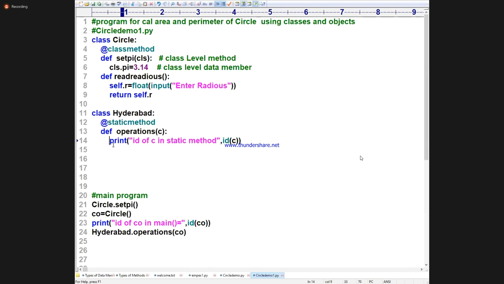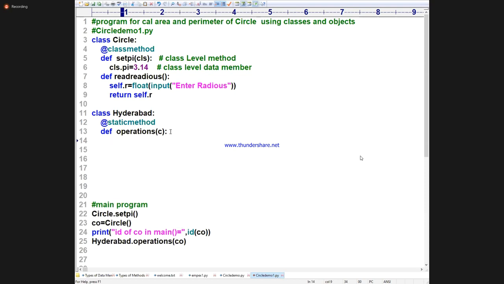Okay, dear student, we understand that the IDs are the same. Obviously, with respect to C, now tell me, CO is of what type? Circle type. Yes or no? C is also what type? Circle type.